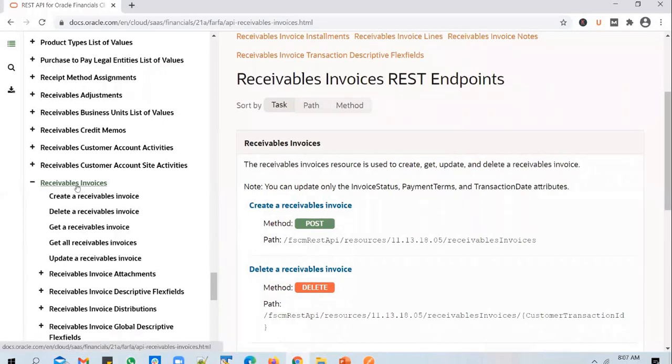Every resource, or every entity exposed by Oracle, will have 5 options, and these options are called endpoints. Every REST resource exposed by Oracle usually has these endpoints, and these endpoints will help you to perform CRUD operations.